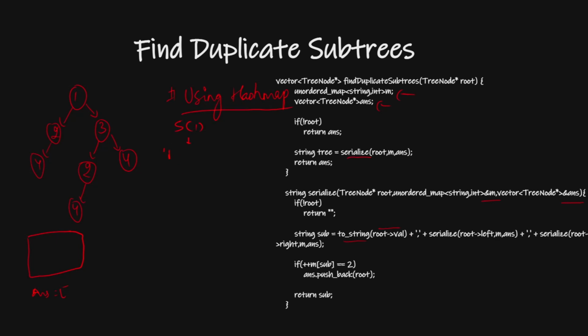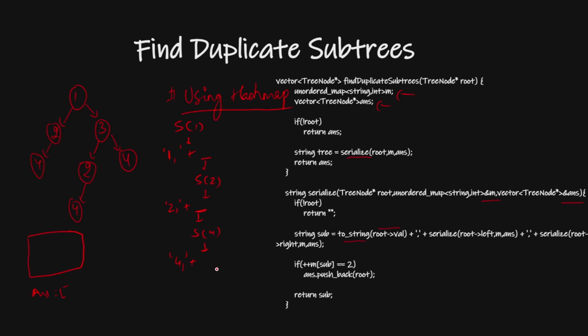So I have 1 and this comma, and this will add my left. For the left I will call my s2, and s2 will say: you have to make this 2 and a comma, and then add its left. What will its left be? Its left will be 4. Now this s4 will say: first of all you should have this 4 and this comma, and then you have to go to its left.